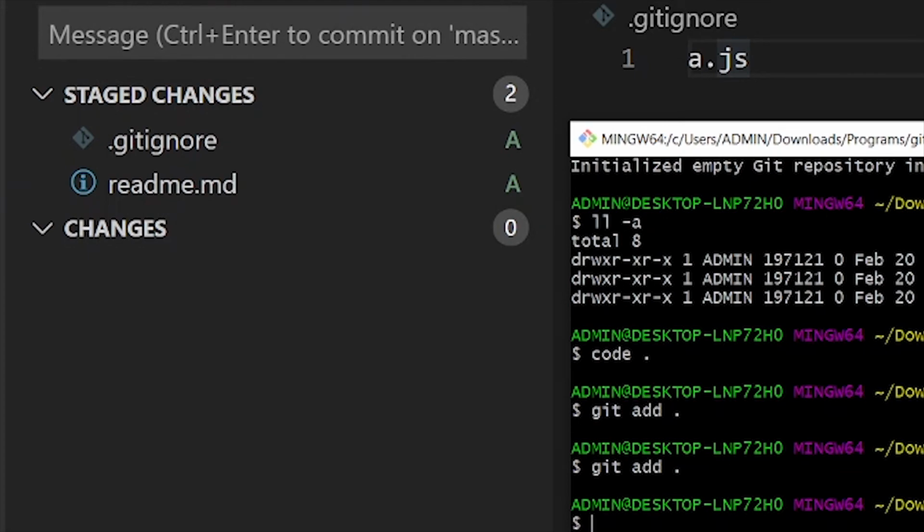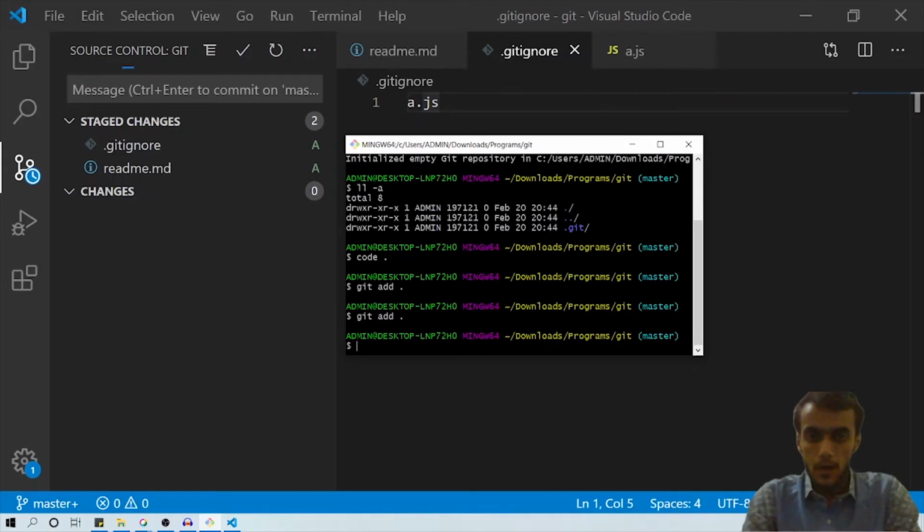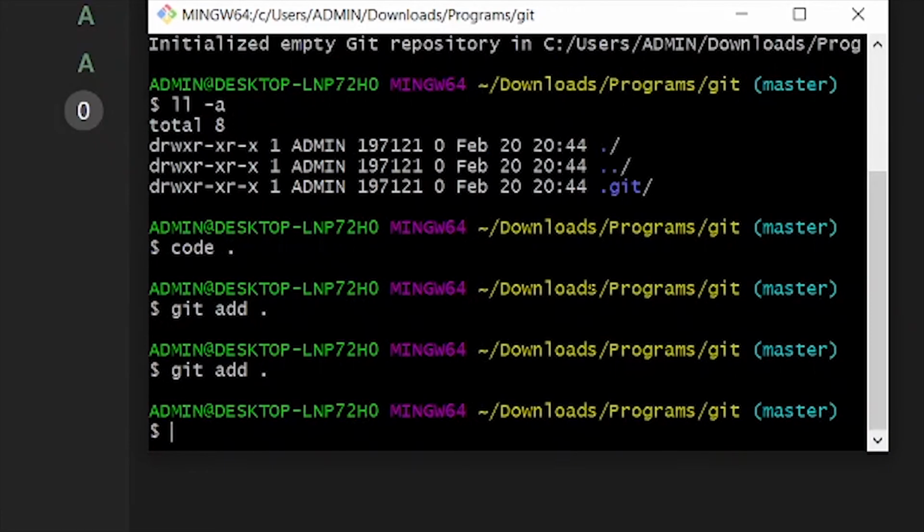So what next? Now we have a very awesome command which is responsible for adding a message for the change which we have done. We have added a readme.md file and we added a .gitignore file. So now we just need to commit these changes. So git commit -m is actually responsible for adding a commit to the changes.